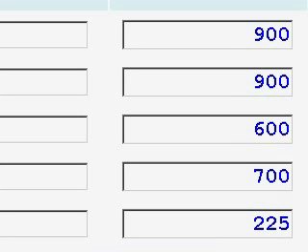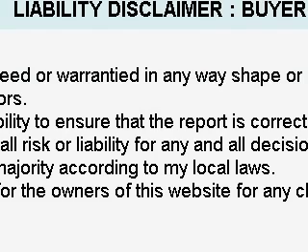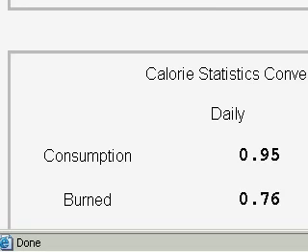So, and then if we say we drank a little bit more soda per day, had some more snacks, and then our meals had a few more calories. Okay, so we have the same meals: lunch and dinner 900 calories, snacks 600 calories, soda 700 calories, and social events 225. Then we'll scroll down, click on submit again, and you'll see now, I'm just going to go straight